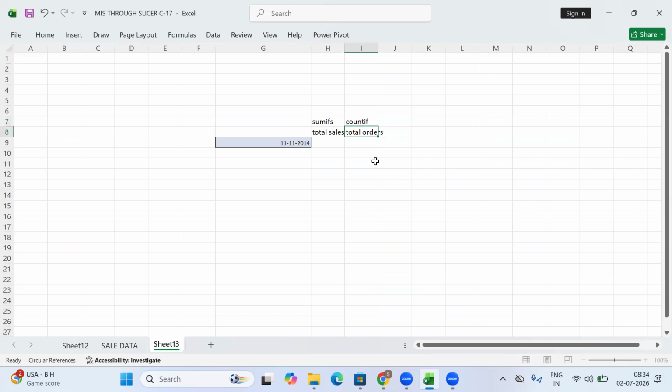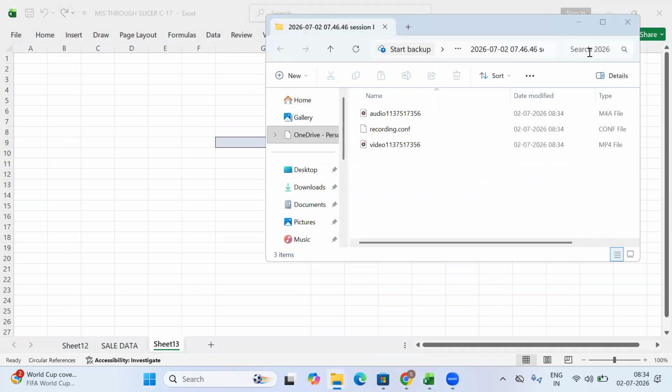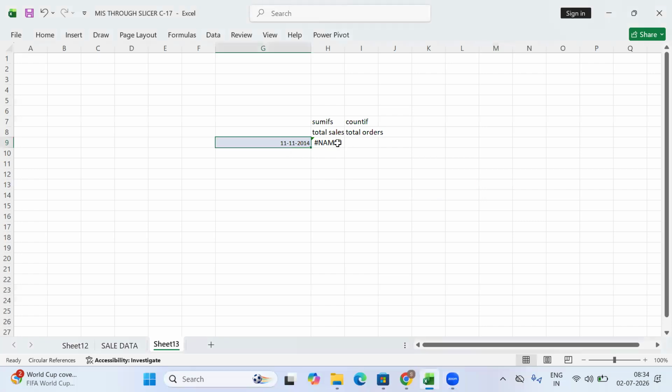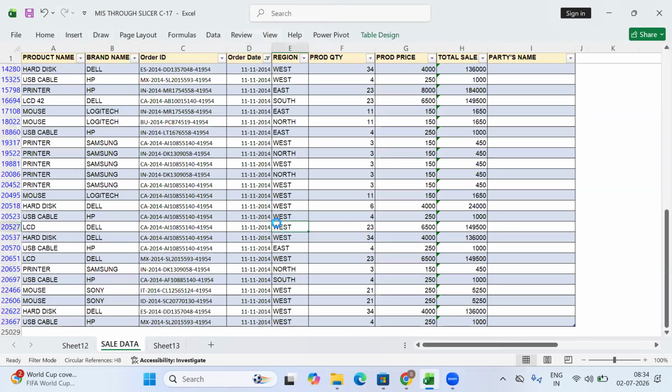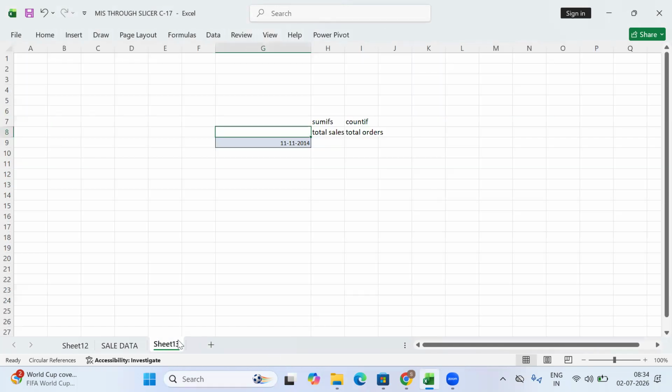So here, how will we do it? I'll show you the difference. Already we can do it in another way, like filtering and getting the answer. Then why do we need to use a formula? You can do it that way also, but if you want something dynamic, just take an example: as of now it is 11/11/2014, but anytime a person can come and say, give me 23rd of May 2013. You will not be able to filter again and again. You need an instant answer, right?